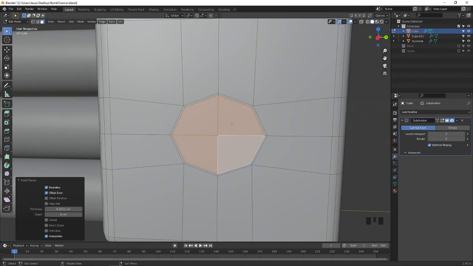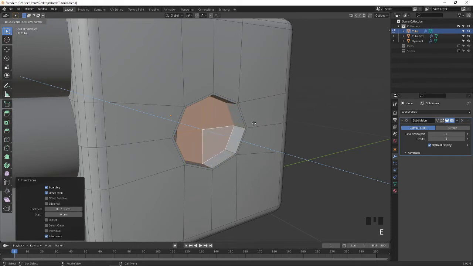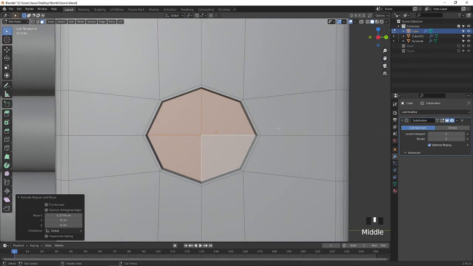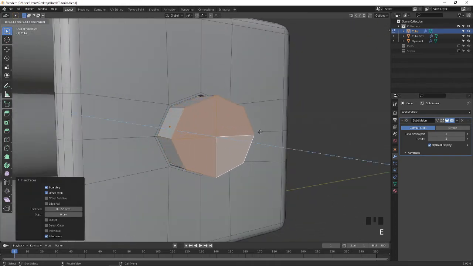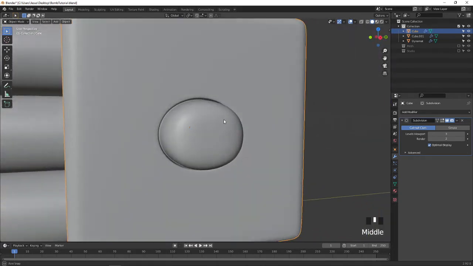I created the same, and E to extrude, and you can move. For some people this blue line doesn't appear. Don't panic. If you want to move it in the x-axis, press X on the keyboard to move it in the x-axis. Okay, so I just move it like this. Again I press I to insert and create another insert, and E to extrude again in the same axis outside. Okay, now you can see one button like that.